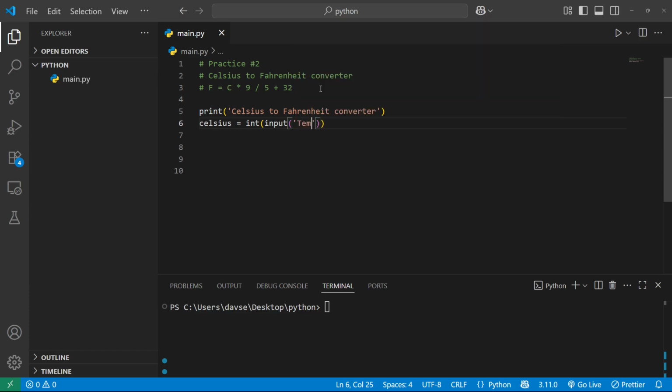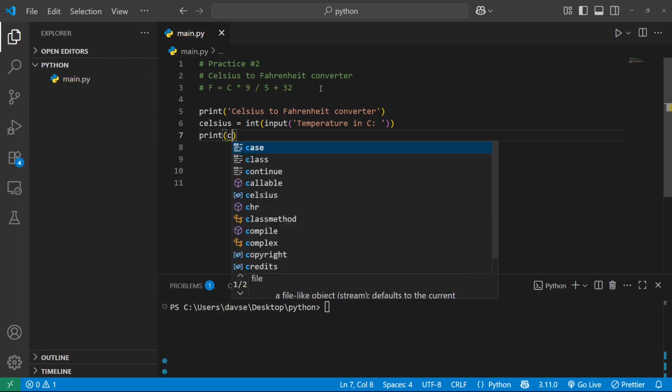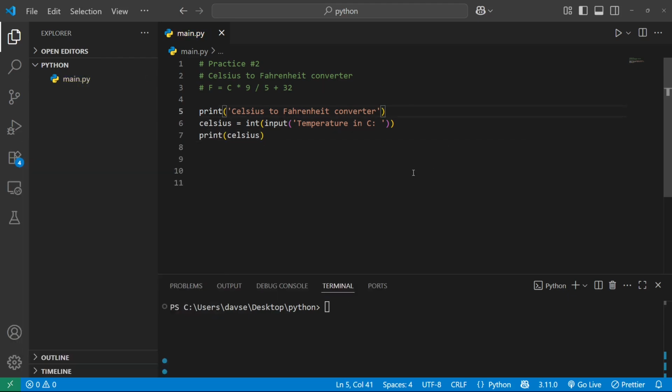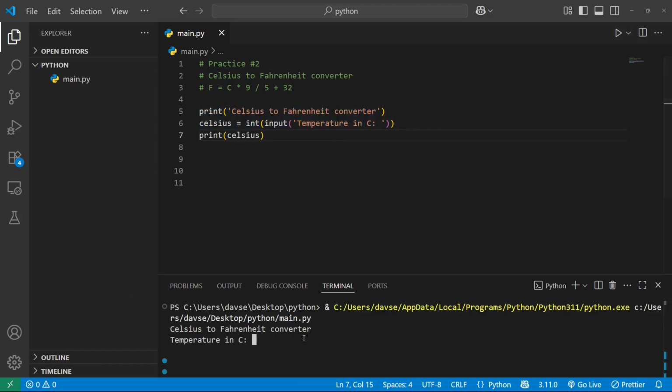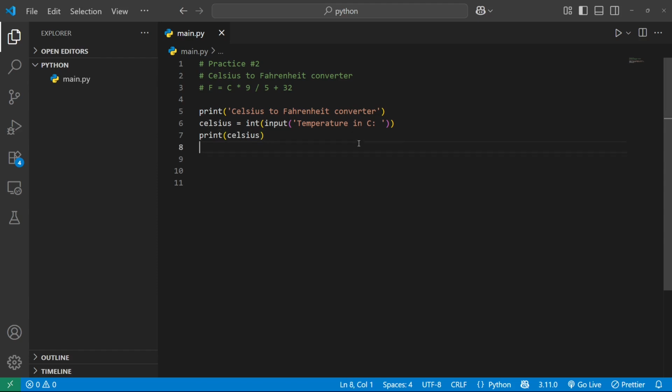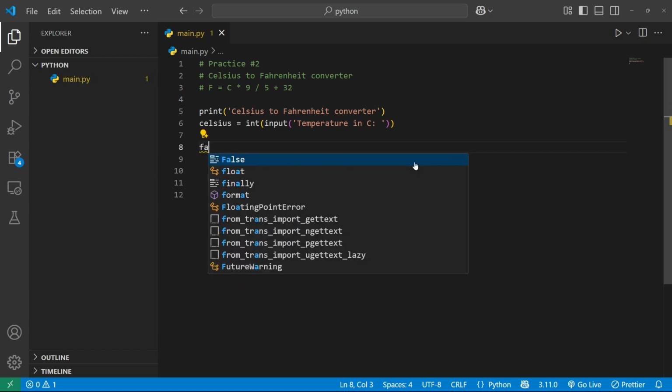And we will write temperature in Celsius. Okay, perfect. I will check it if everything is okay. Usually check it after 1 to 3 lines. Okay, so temperature in Celsius. Okay, 20. Okay, no errors. Perfect. Now we need, or we can use the formula